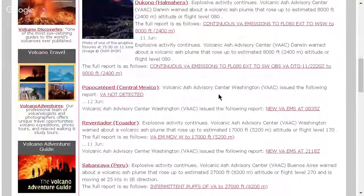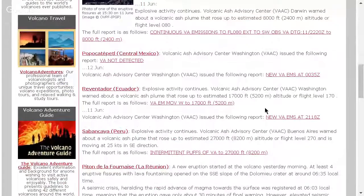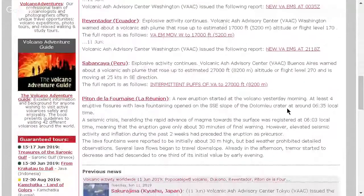Popocatépetl with some new emissions, although ash not detected. Reventador back on the list. Sabancaya back on the list. 27,000 foot plume at Sabancaya. And